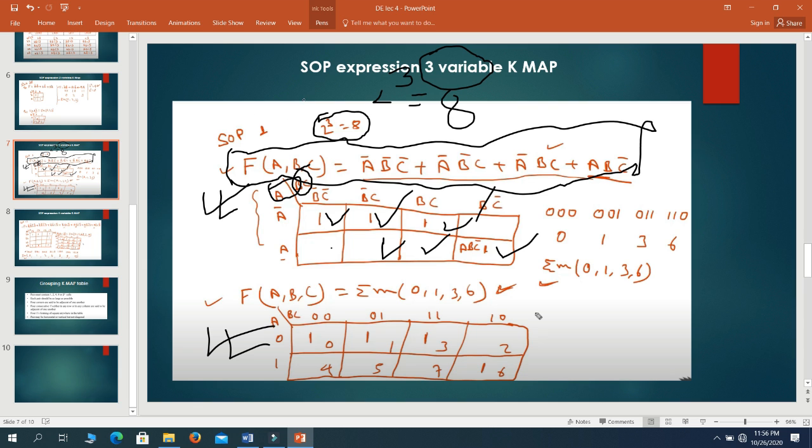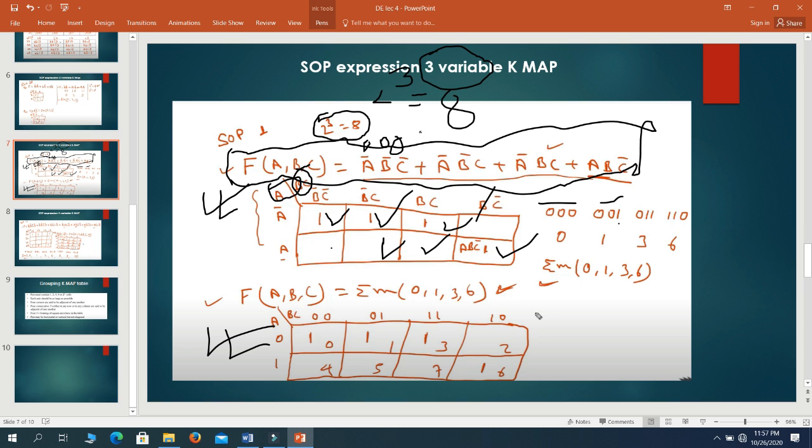As you can see, the first term has A bar, B bar and C bar. All these 3 values are prime or barred values. So A bar should be represented with a value of 0. The same goes for B bar and C bar. So 000, as you can see, I have written down for this one. Next we have A bar, B bar, and then C. A bar is 0, B bar is also 0, and C we write as 1.